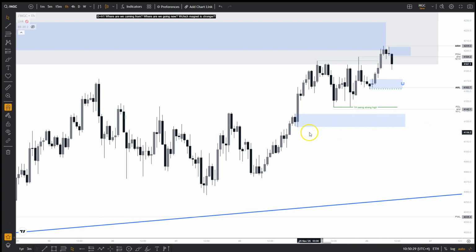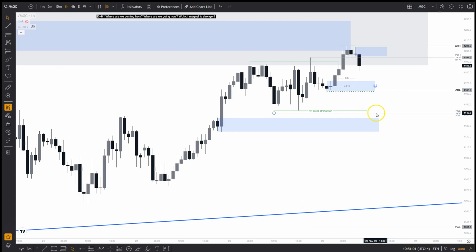Also, if we have the Fibonacci, let's see where this demand is on 1H. This is exactly 61.8%. Okay, so